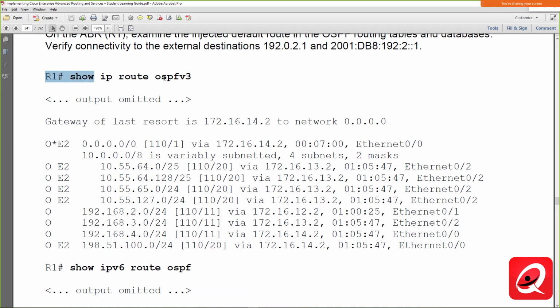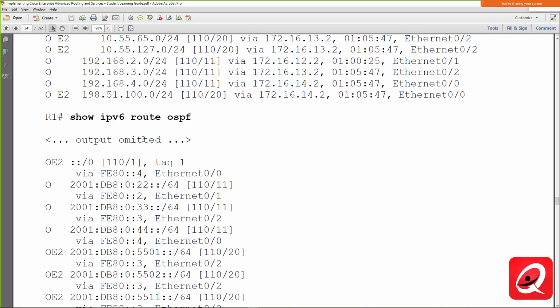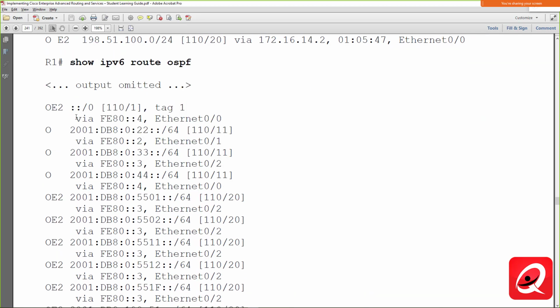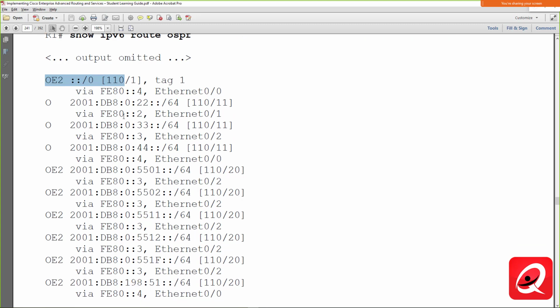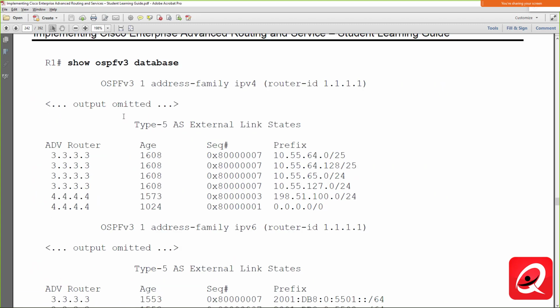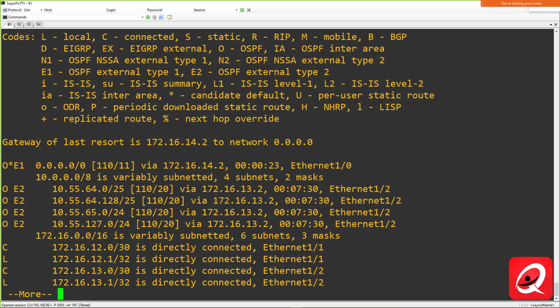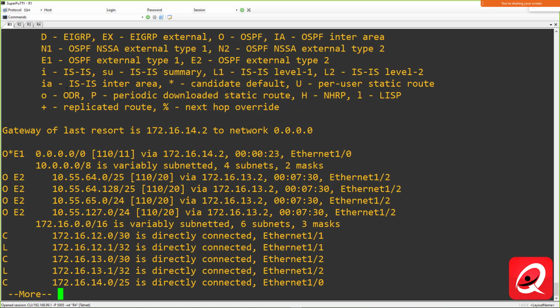All right. This was after. Of course, yours shows up as an OE2. Mine shows up as an OE1. Also V6, OE2. If I look at the database on router 1, show ospfv3 database, what they're trying to demonstrate in this output here